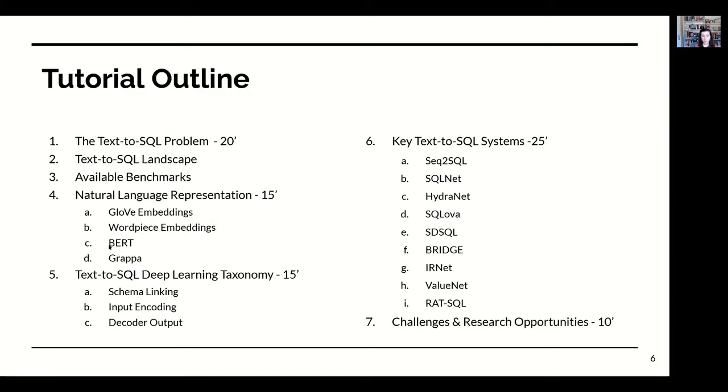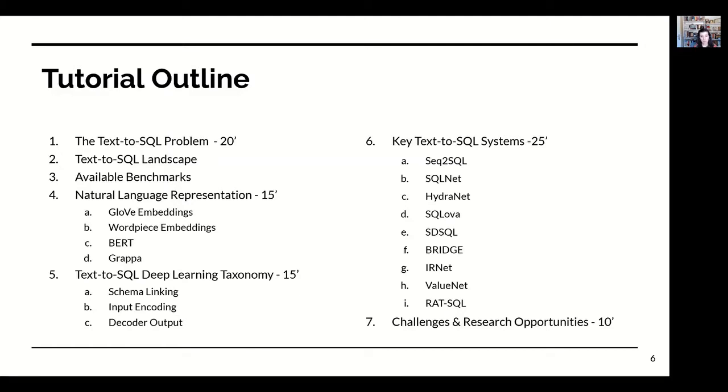Now, in this tutorial, we are going to have this agenda. First of all, we are going to talk about the text-to-SQL problem, see what challenges we have there, and then lay down the text-to-SQL landscape, talk about some early but notable efforts, especially from the database community. And then we are going to talk about benchmarks, and in particular, two of them that made possible the development of all these different deep learning techniques that we are going to discuss today for the text-to-SQL problem. We're going to talk about the natural language representation,